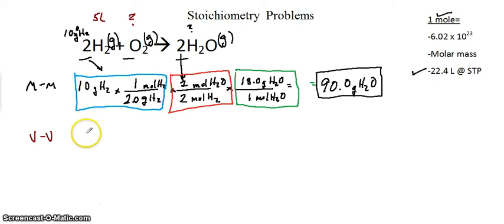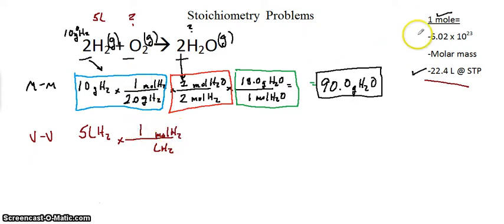Same thing. I'm going to do my first part where I'm going to take my 5 liters of H2, and we're assuming I'm at STP so that I can use my 22.4 over here. And then I'm going to go from liters of H2 to moles of H2, and again, just like here, 1 mole is, and I use my conversion, in this case it's 22.4 times in a line, and I'm going to go from moles of H2 to moles of what I'm trying to find, which is O2 in this case. Now here I have a 1 in front of the O2 and a 2 in front of the H2. So again, these numbers in this section here come from the coefficients of the equation,